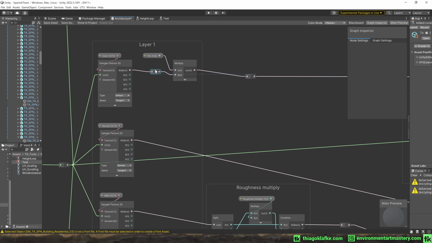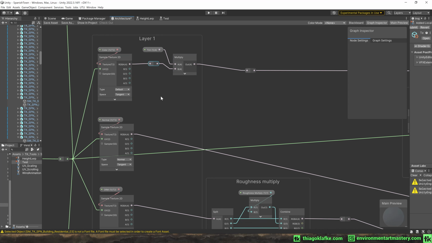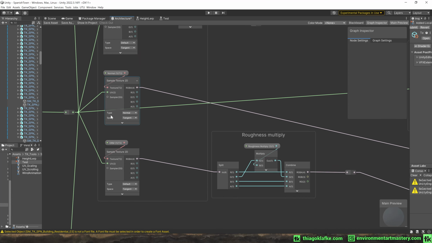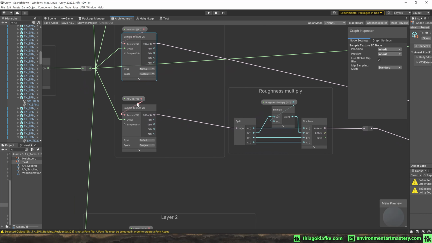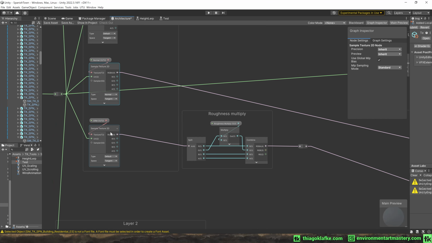So this will allow us to tint this layer, the color. And here, default tangent space. And for the normal, we do the same, but then we change the type to normal on the node. Make sure that every time you use a normal map, the type is set to normal here. The ORM, our packed texture, is the same, default, tangent, right? So the ORM comes with AO, roughness,